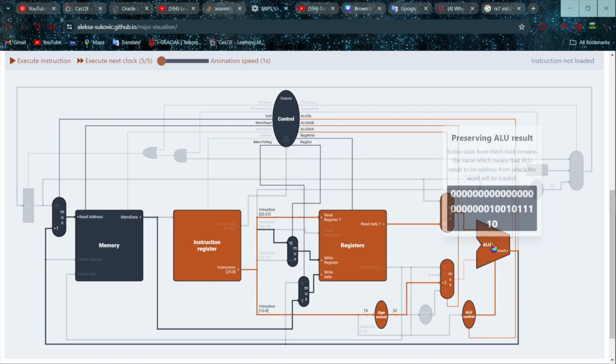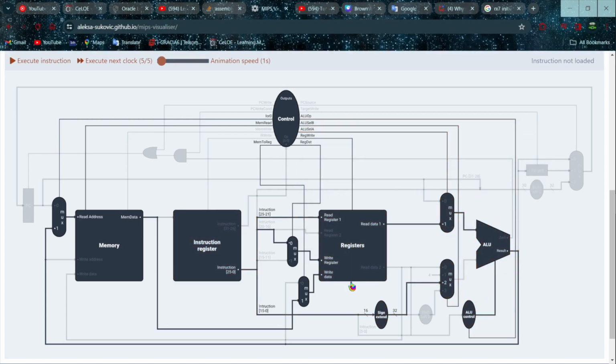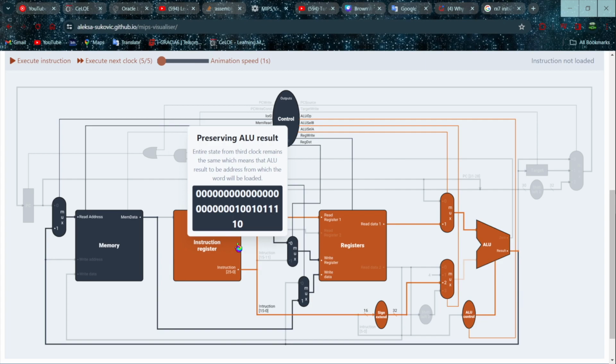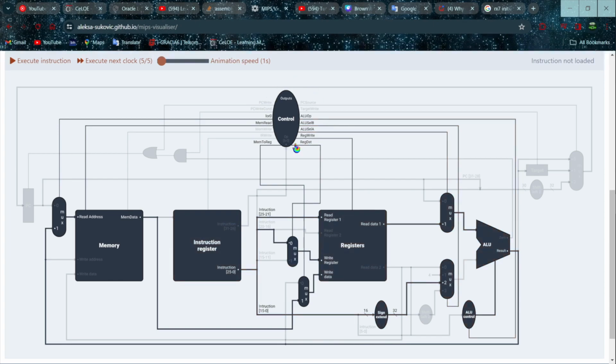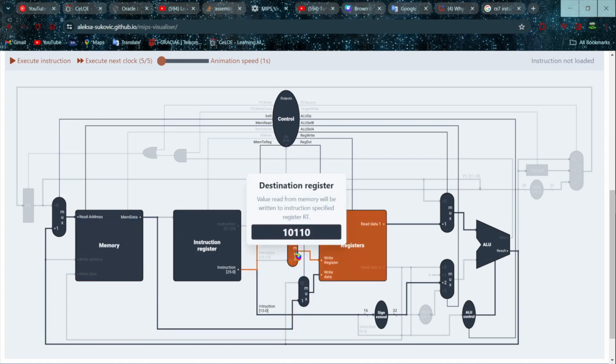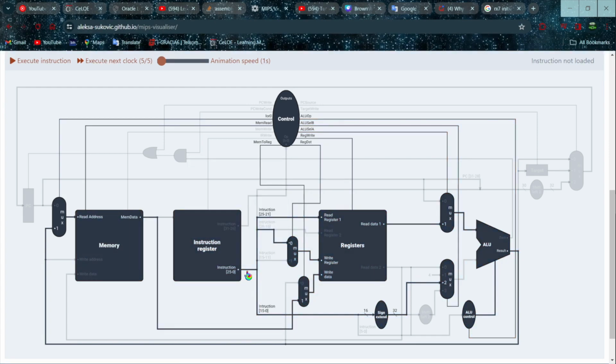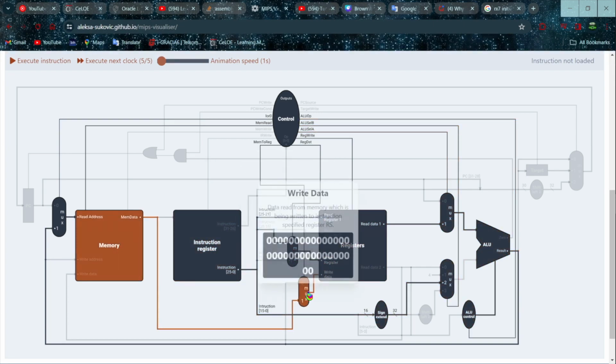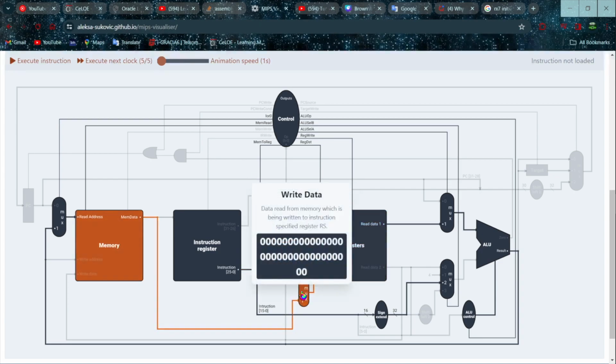The ALU result is preserved from the instruction register and controlled by the control unit, so the memory is activated, and with the multiplexer, the memory-to-register signal is controlled from the multiplexer, with bits coming from the instruction register through the multiplexer here.